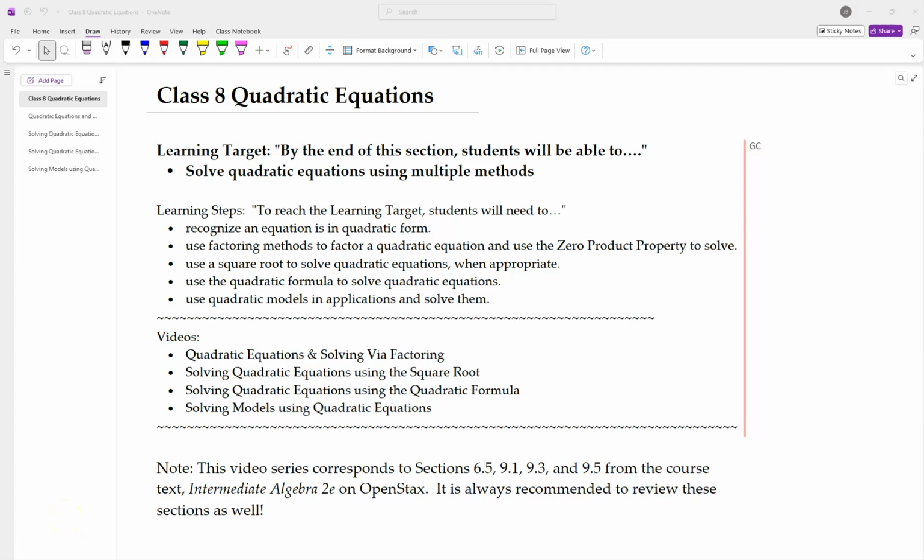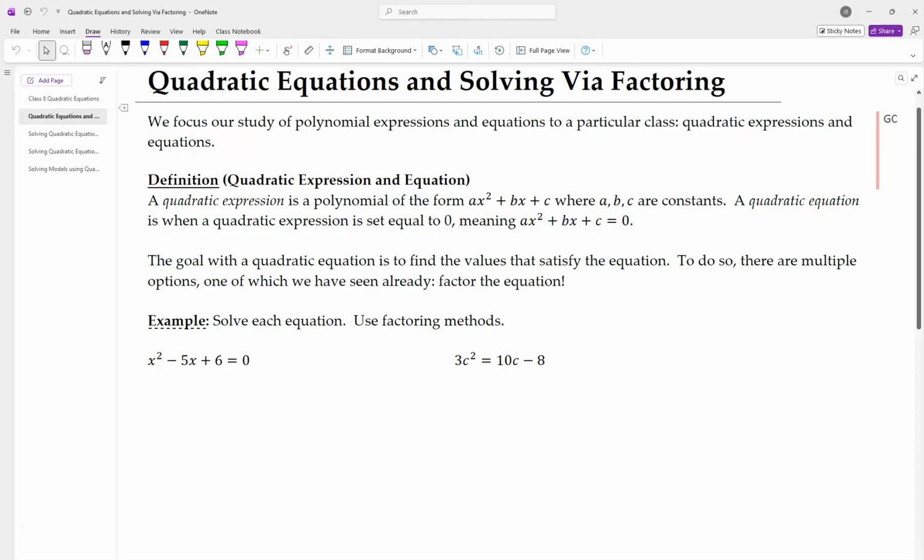Welcome. In this video series, we're going to look at quadratic equations and different methods on how to solve them. There are a variety of techniques we are going to be able to use. We're going to solve them via factoring, which we've already kind of seen, and then we're going to use a square root method and also the quadratic formula. In this first video, we're just going to define what a quadratic equation is and look at solving them